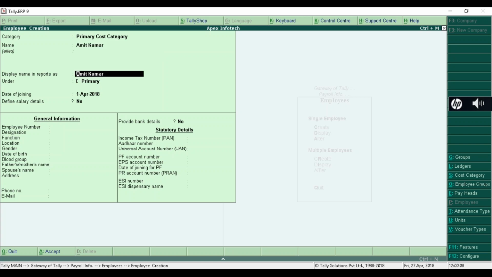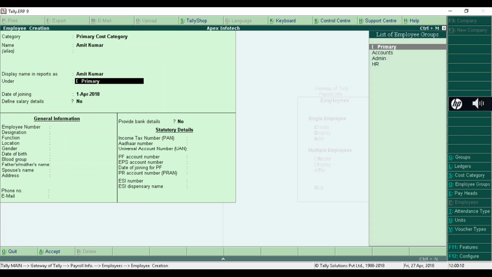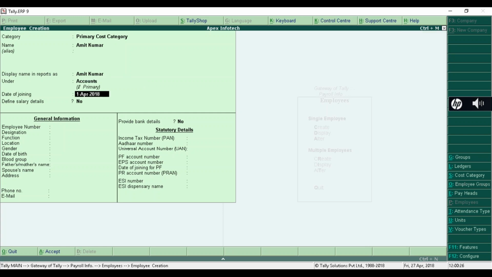Display name in report is Amit Kumar. Under, now you have to tag whether Amit Kumar is related with accounts department, admin department or HR department. Okay, so Amit Kumar is related with accounts department, so I have to select here accounts. Now you have to mention the joining date. So I have given the joining date here, 1st April